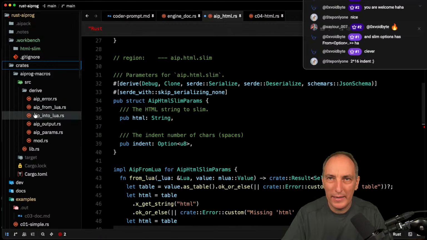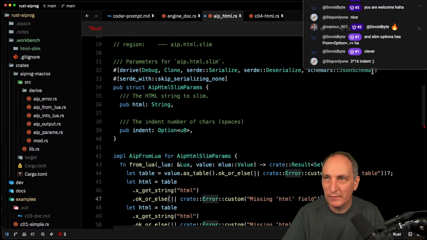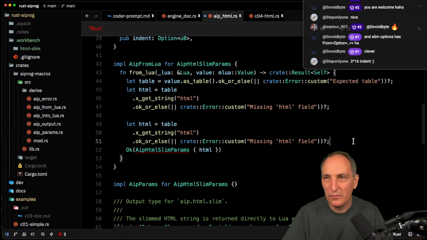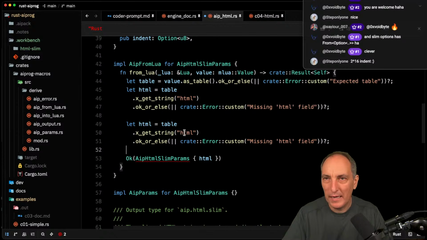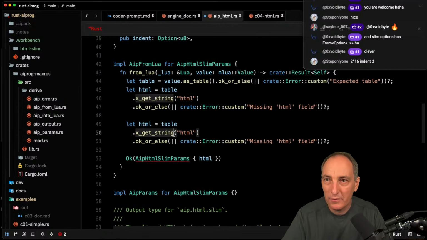I have the from Lua, AIP from Lua, which should work. I don't know how well it works, so that's why I'm not doing that. I'm doing it manually. But my goal here is to be able to have over here AIP from Lua, and that will go in this default because it's silly to code that all the time by hand. Now, I like to be able to do it by hand once in a while, but otherwise it's silly. So now I do that, and that gets my Lua extension stuff, which is very convenient,